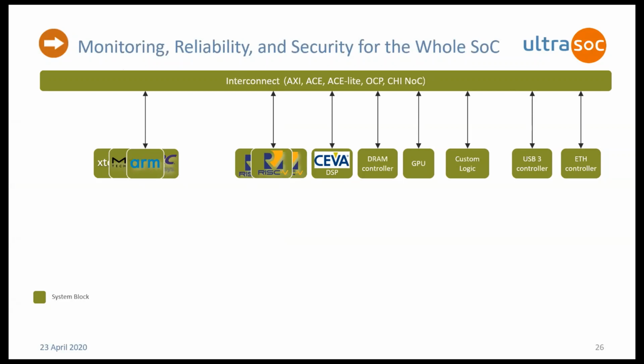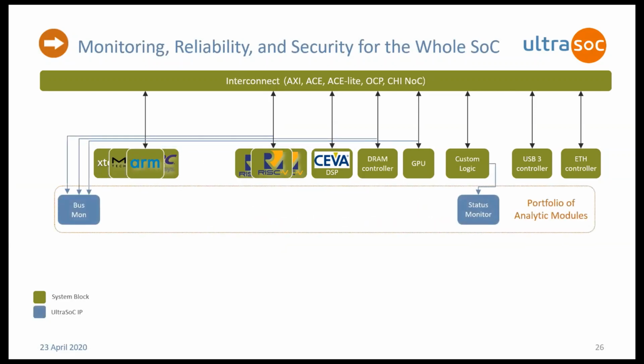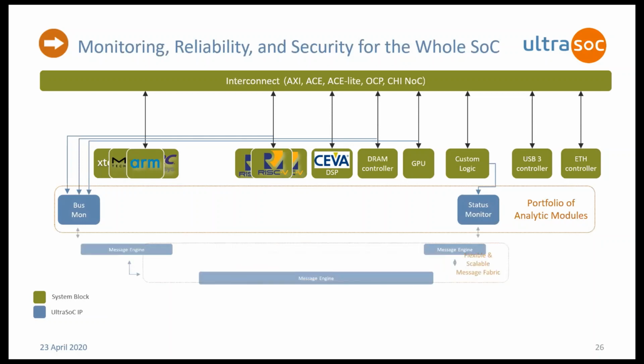So if there's an SoC in here with whatever makeup of IPs, RISC-V cores, other commercial vendors, etc., we provide different monitoring IPs, so bus monitors that can give very accurate trace and performance metrics of standard bus interfaces like AXI and CHI, status monitors to observe behavior in custom logic,